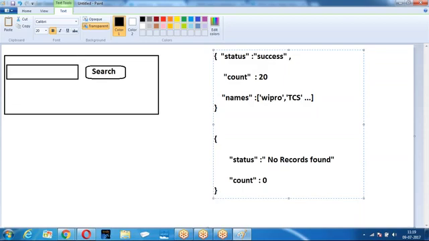Depending upon the result we are getting, we have to create a response. This is my requirement: whenever we give a text box, the user is going to type the industry. With the industry, if there are any account records existing, get those account records, generate the response in the form of JSON and send it. This is my requirement. So how are we going to create it? Hope people have followed my requirement. It is an industry. If you enter the industry and click on search, are there any account records in the same industry? If there are any account records, give the reply in the form of JSON.